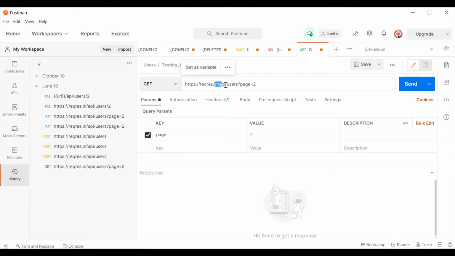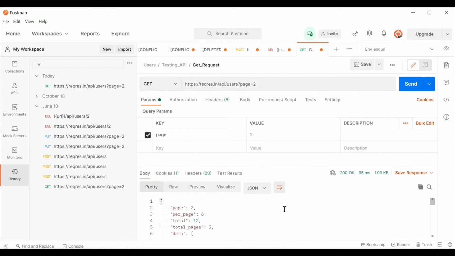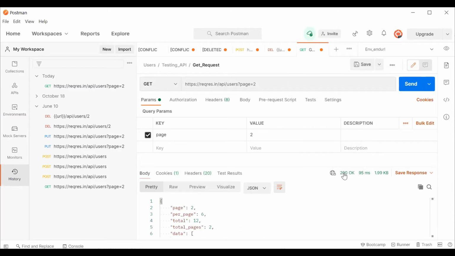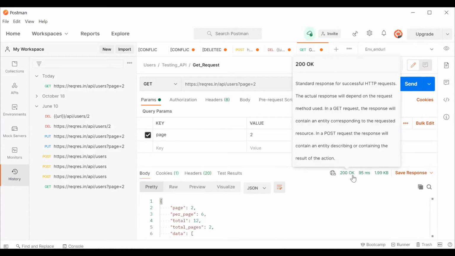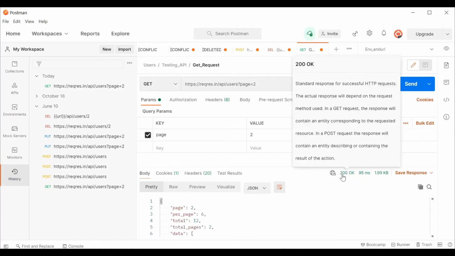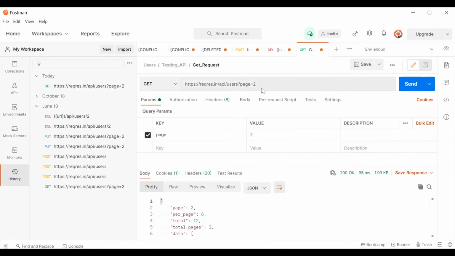So if it is hitting the server's API and giving you a response, you know the expected result is HTTP code 200. So I'm going to click on send and look at this. Here, even the time is given. It happened in 95 milliseconds and the code which you are getting is 200 OK and this is the body. If as a result you're not getting this HTTP code, that means this API is not working according to the expectations and you will be reporting it back to the developer. That is what your job is.